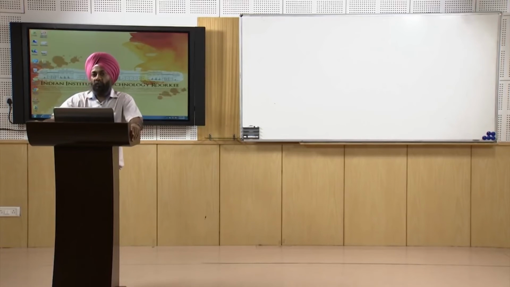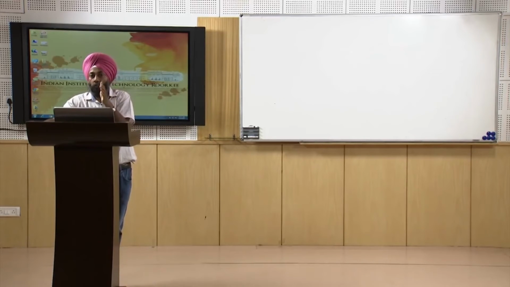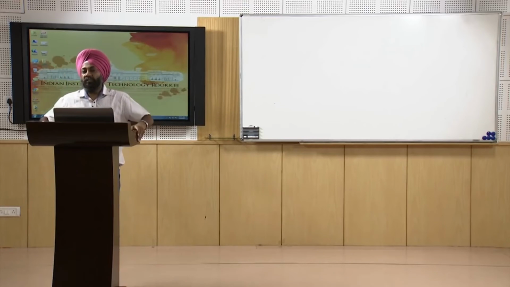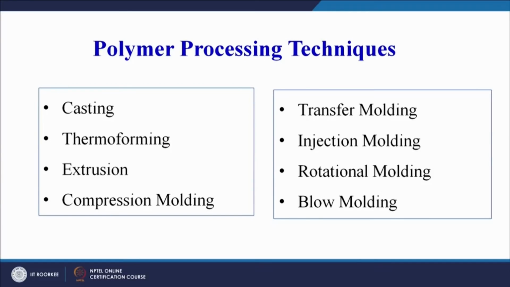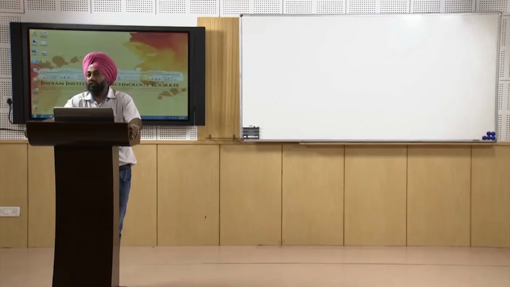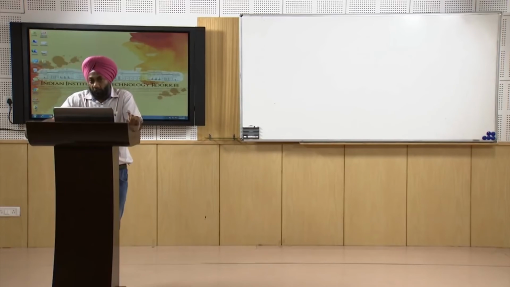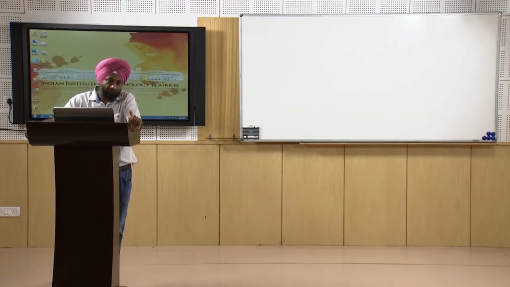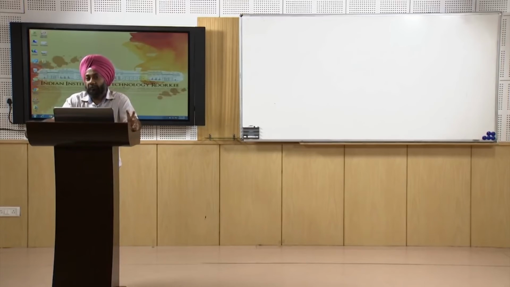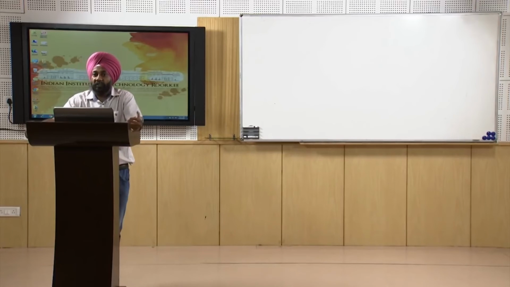Just to summarize what we have covered, because our course is divided into two broad areas. One is the processing of polymers or plastics, and the other one is processing of polymer based composites. From our next session we will start our discussion on polymer based composites. So today I will just have a glimpse of what we have covered in polymer processing techniques. And if you remember, in the very beginning we had a little bit of discussion on the classification of plastics, what a plastic is, what a monomer is, what the different types of monomers are and how they polymerize to make a plastic. So all that we have covered in the very beginning.